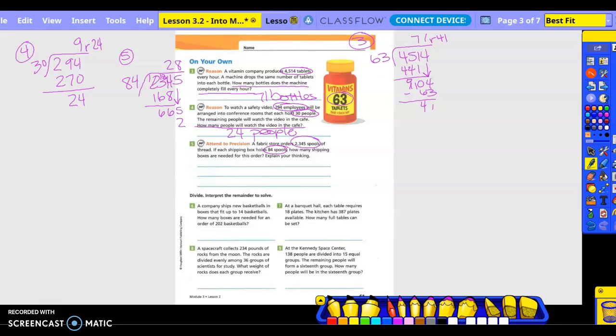Oh, so does that work? No. So this needs to become a what? 7. So 7 times 4 is 28. Carry the 2. 8 times 7 is 56 plus 2 is 58. So we got 27, remainder 77 for our answer. Do we need to use the quotient, use the remainder, go up one, or make a fraction? Go up